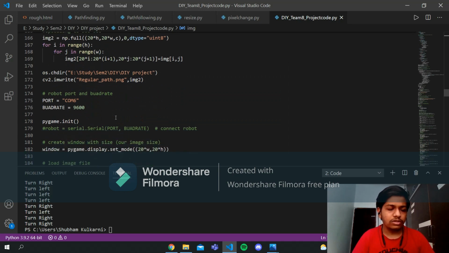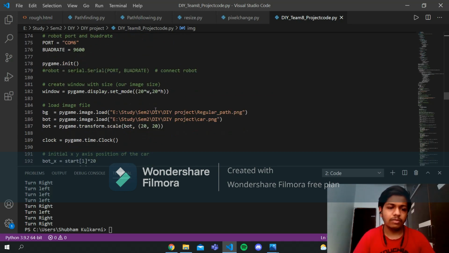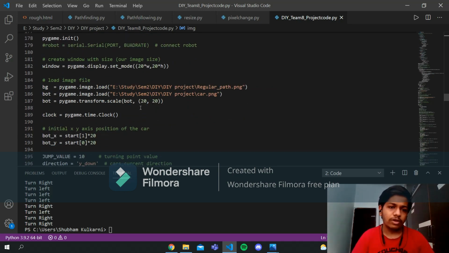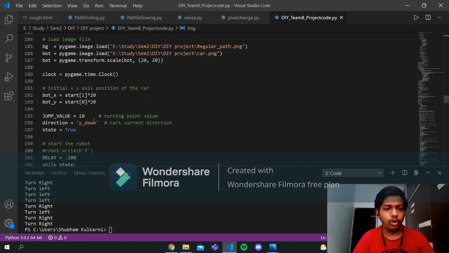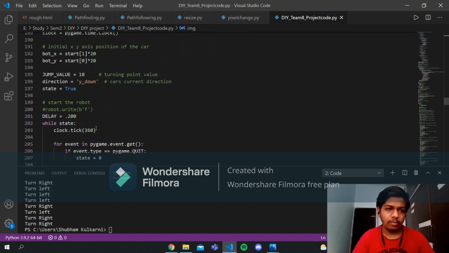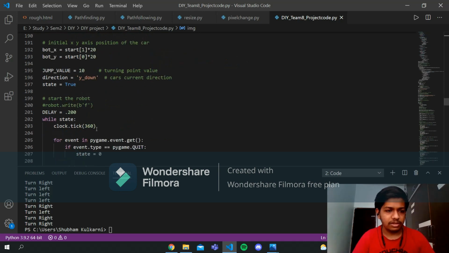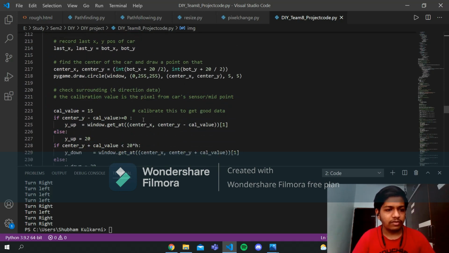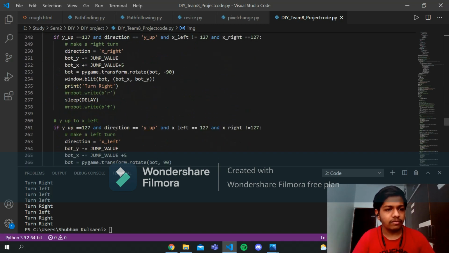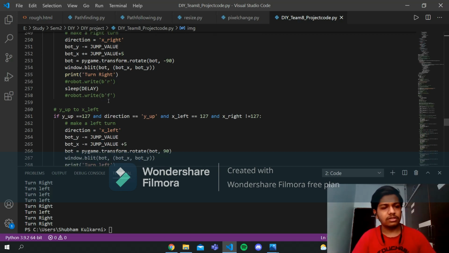Then we use the same image where the path is found in this function, where we follow that gray colored path by using libraries such as Pygame and PySerial. We check for the path, and when we, suppose, turn right, we print turn right and give the robot instructions for a right turn. Similarly for left and forward.